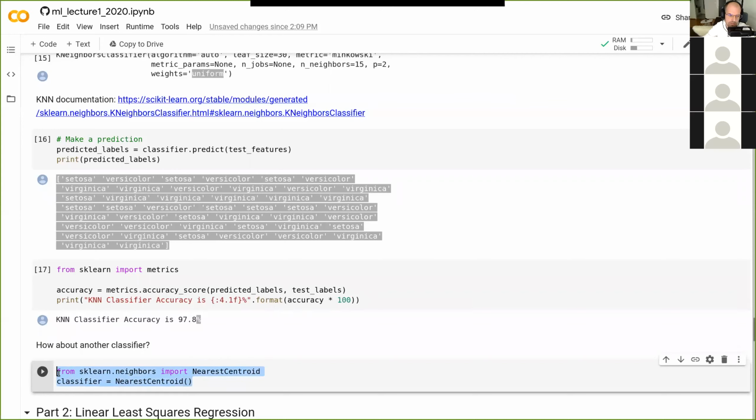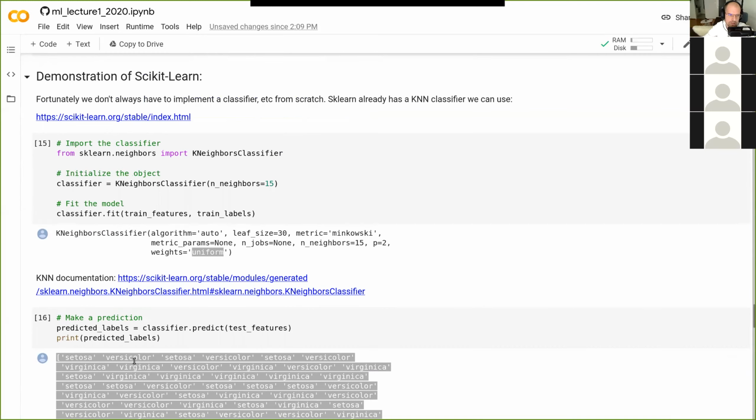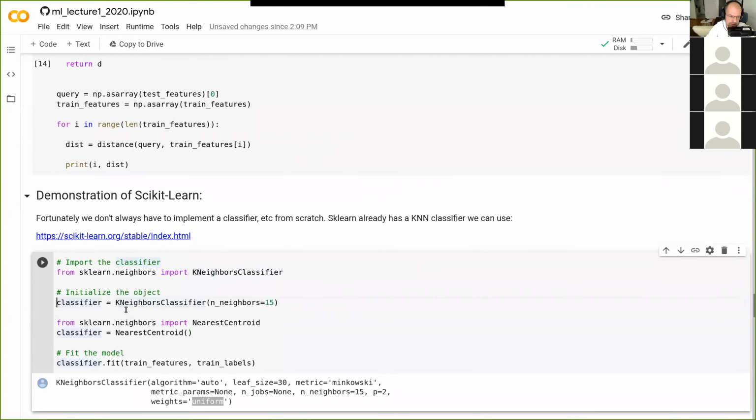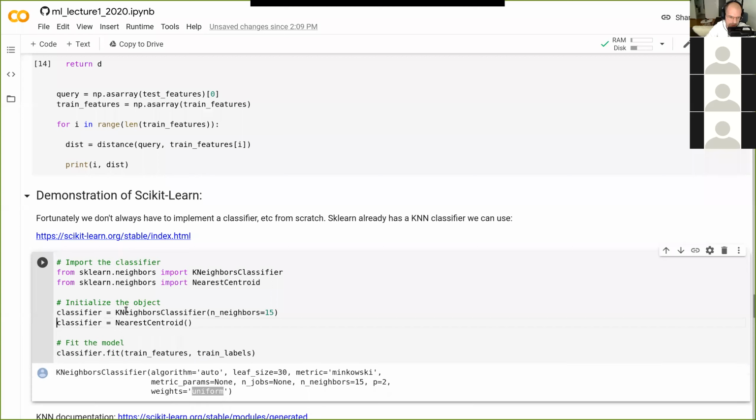It then classifies a query point as the same as the nearest centroid. So let's say we wanted to use this. Actually, let's do this slightly differently, just to show you how similar the syntax is for other types of machine learning. Instead of importing k-neighbors classifier, we import nearest centroid, and we comment this out. And the same way, instead of initializing this object called classifier from this class, let's comment that out and do a nearest centroid.